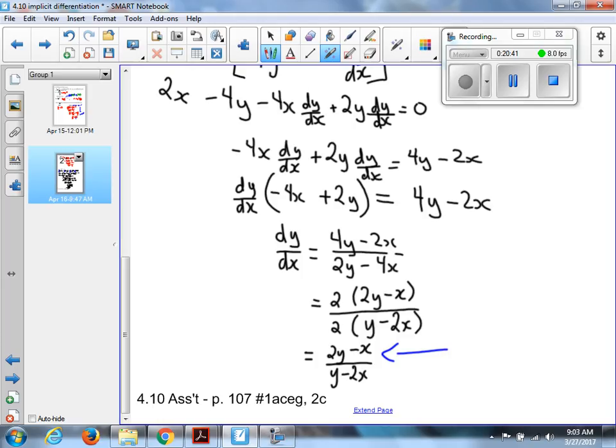If it doesn't say simplify or factor, stop once you solve for dy by dx. Okay. Other questions about my solution? Because remember, after this step here, the one that's off the page, the rest is just algebra, right? So it's old skills. Are there any questions, though? You guys aren't